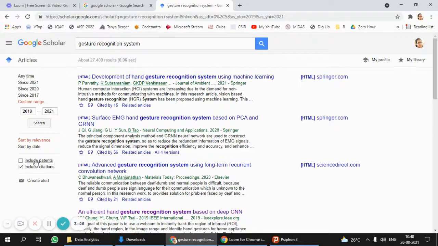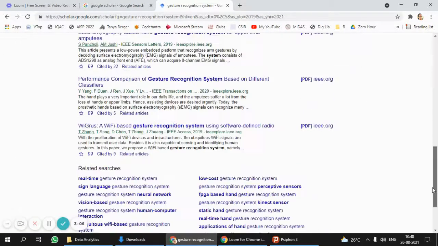2020. Also, for a research paper, you don't have to include the patents and all, but if you want to see the patents here, then you can click this option also, and let it be sort by relevance. Or if you want to know the recent papers, then you can sort by date. So different filter options you could play with. Okay, so now you see these are the reference papers that I have.